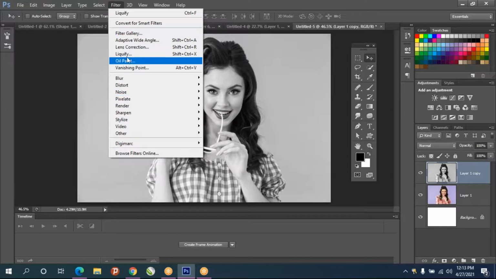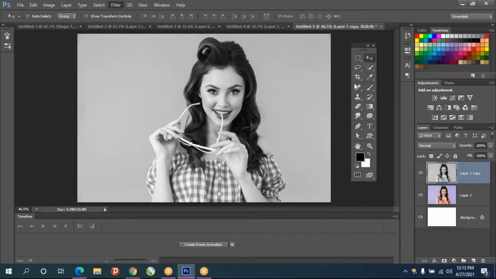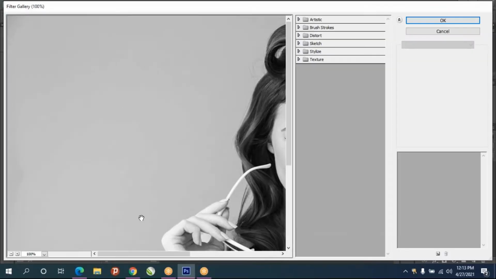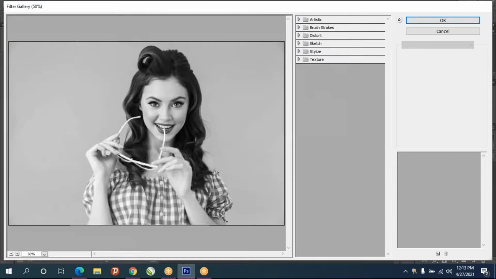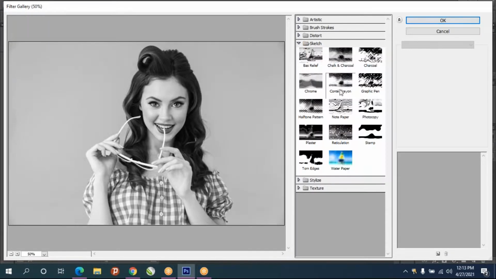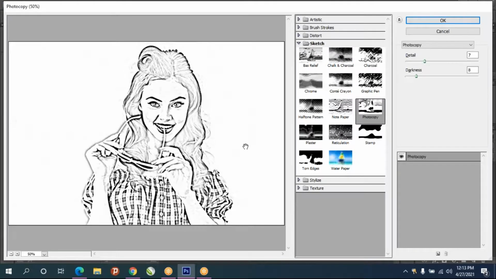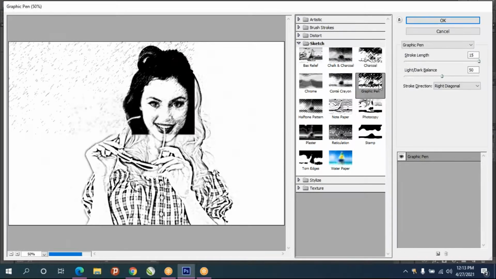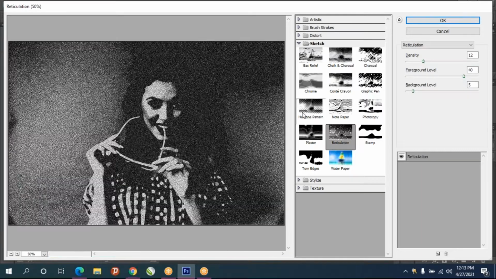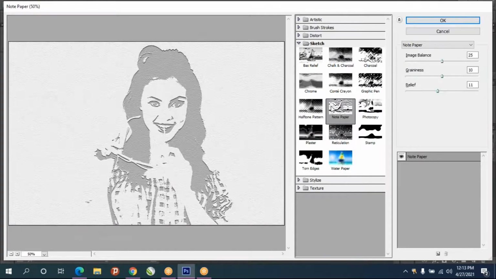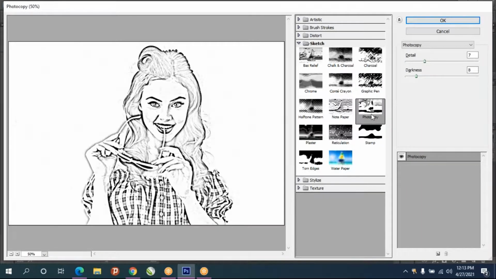Now go to filter gallery. So now you apply and check which one you want.